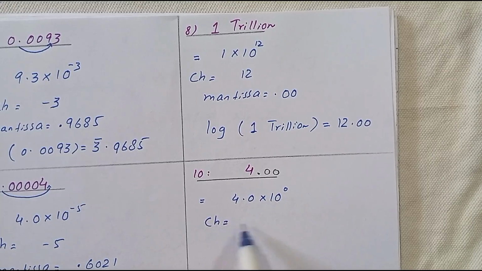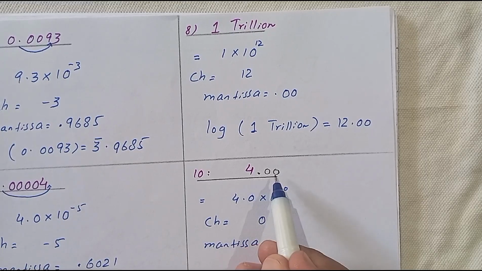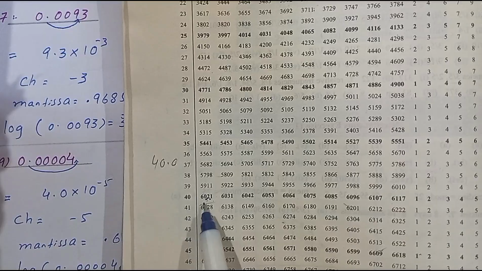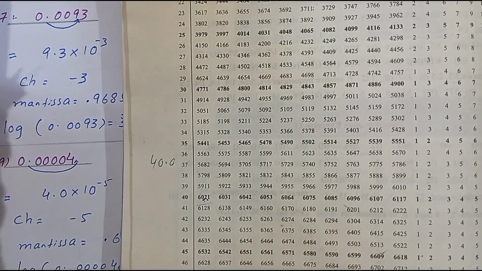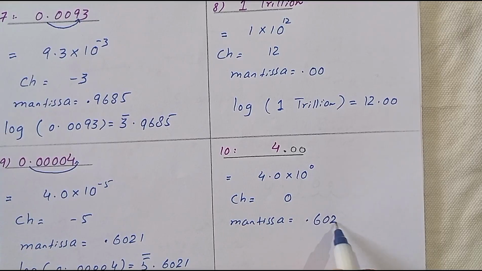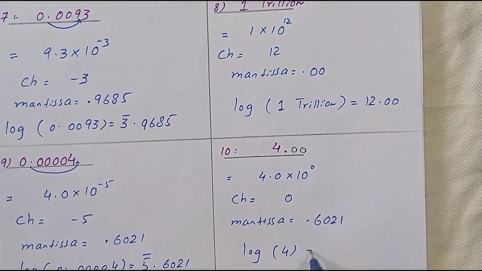Characteristic is 0, and for Mantissa we have to look at 40 into 0 in the log table. Again the value of 40 in 0 is 6021, which is the Mantissa. So Mantissa is 6021, and adding characteristic and Mantissa we find the value of